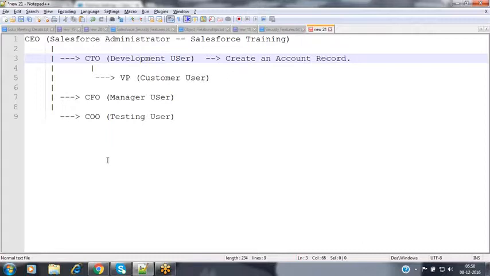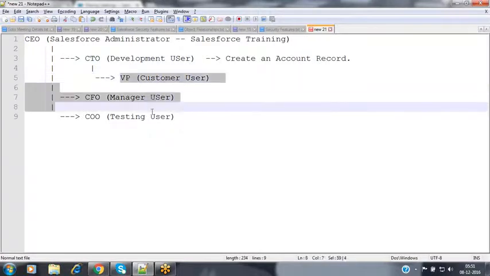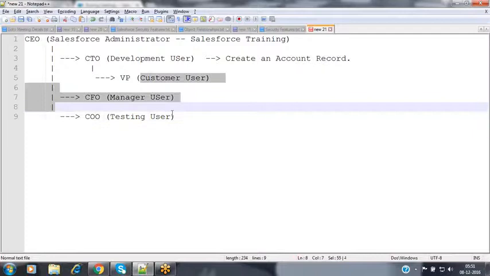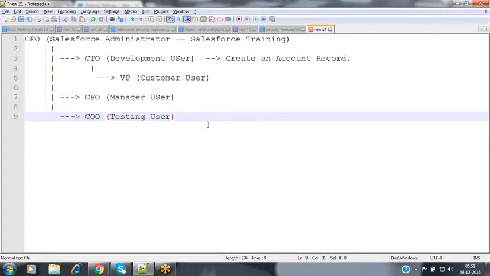I want to cross-check that once I create the record, it should be visible to the administrator automatically by default because he is my reporting manager. Along with my manager and myself, the other people inside the organization, like the customer user, manager user, and testing user, should also be able to access my record. But for these three people, it should grant only read-only access. I want to cross-check that functionality.